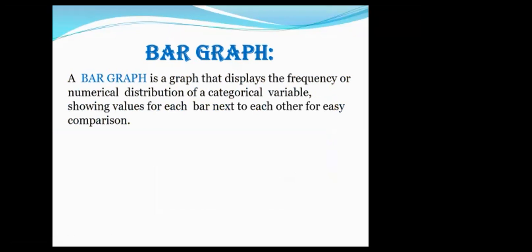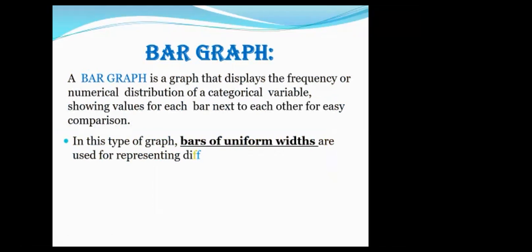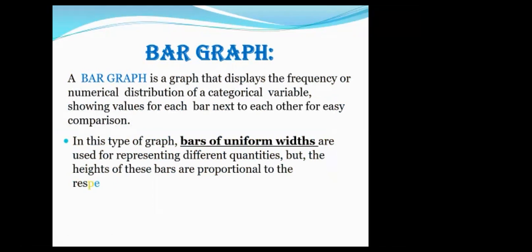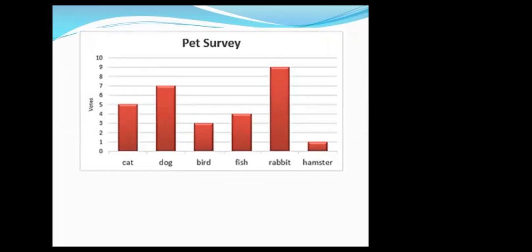Bar graph is a kind of graphical representation where, according to categories, we draw rectangular bars of a uniform width. And in between the two bars, there's an equal gap. And we choose x-axis as well as y-axis. This is an example of a bar graph where this axis is called x-axis, where we've written cat, dog, bird, fish, rabbit, and where I have written the votes. This is y-axis, and this is the title of y-axis. And here we need to write the title of x-axis also.